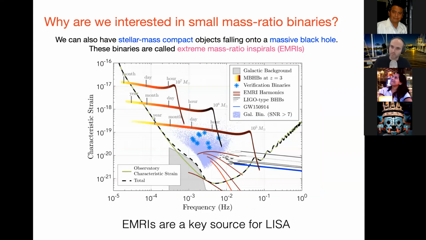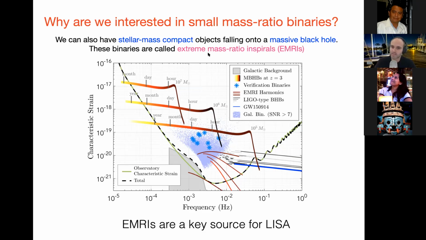The main reason that has dominated my career, though, is looking at even more extreme systems. Where you have a massive black hole, as we know to exist in the center of most galaxies, and that then has an inspiral with a compact object. We know that massive black holes exist in dense stellar clusters. We expect them from time to time to capture in orbit some compact object, either a neutron star or a black hole. And when it does, it will form a system with a mass ratio around 10 to the 5 or 10 to the 7 or so.